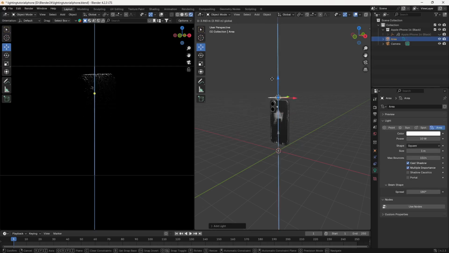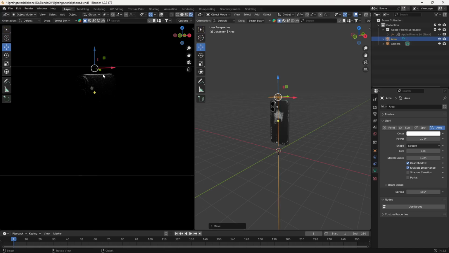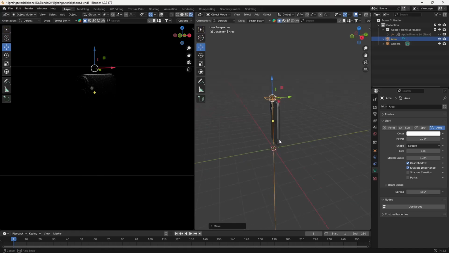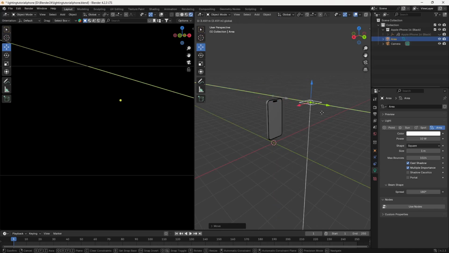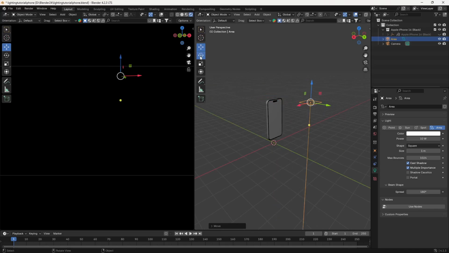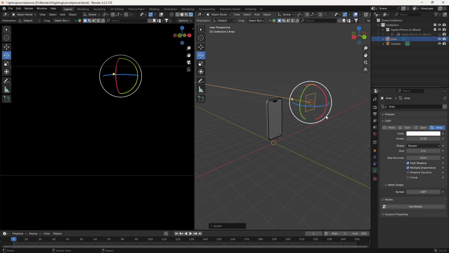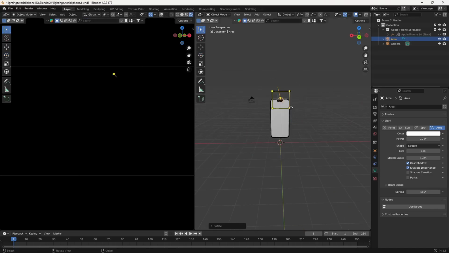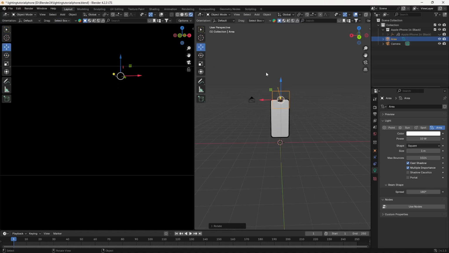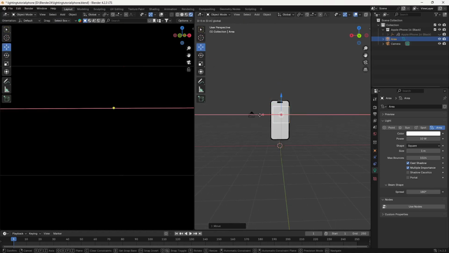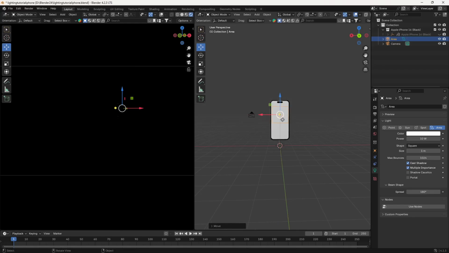Let's take it upwards, and now you can see we are getting this rim light on the upward side. Let's get our rim light coming from the back. So let's click this here. We are going to rotate our light, so let's hold the Control key and rotate it 90 degrees. Let's press the W key, sorry, the move tool, and move it here, on the back side of my phone. Let's make sure that my size is bigger, so let's press the S key and make it bigger as well.